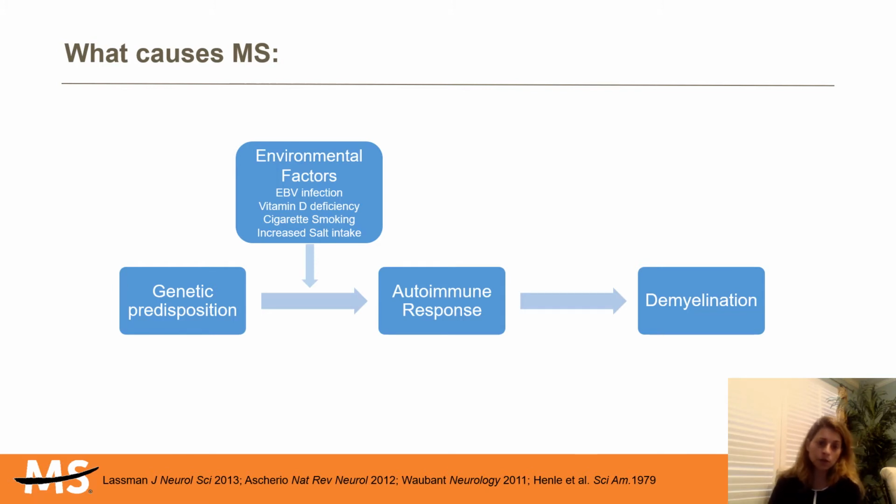Another virus that was also implicated and has been shown to be involved in MS is the HHV6, specifically related to triggering relapses. A team in Spain found that the HHV6 antibodies reached their highest levels in people with MS 2 weeks before a relapse. So increased salt intake, obesity in adolescents, and gut microbiomes are other risk factors. So when exposed to the right environmental triggers at the right time, an autoimmune response leads to inflammation and demyelination.